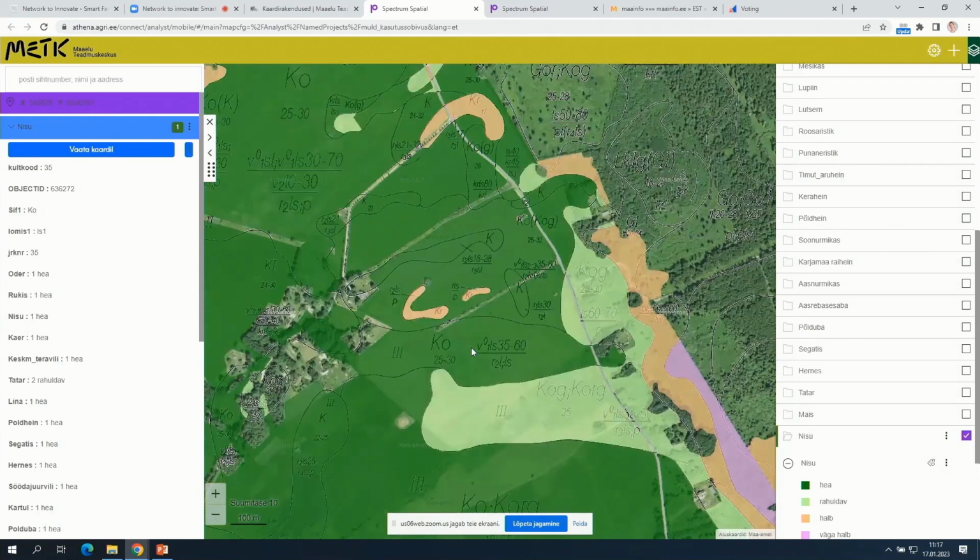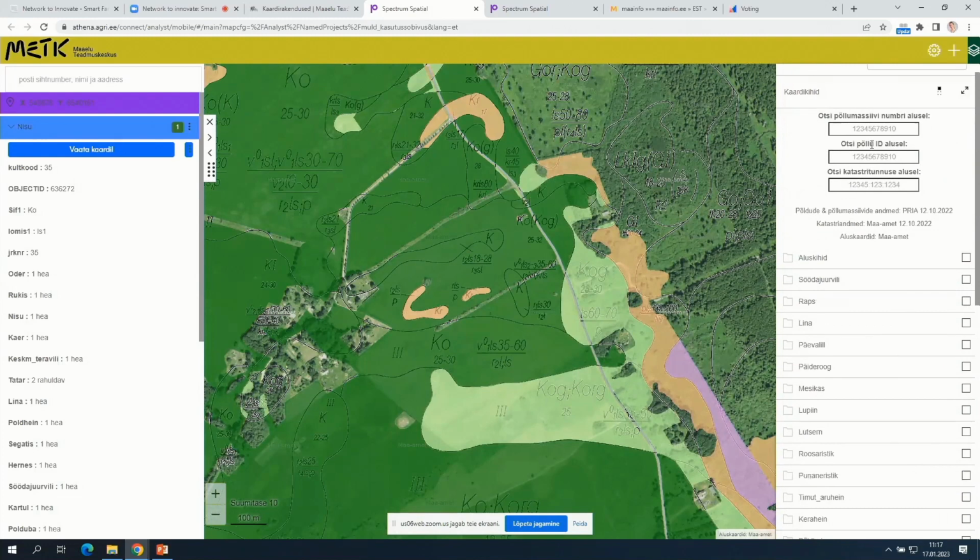So this is a handy tool for a farmer to go to our website and search for their own fields. You can search here by field numbers or cadastral units, the areas, the fields, and you can look, okay, I want to grow lucerne in my field this year.